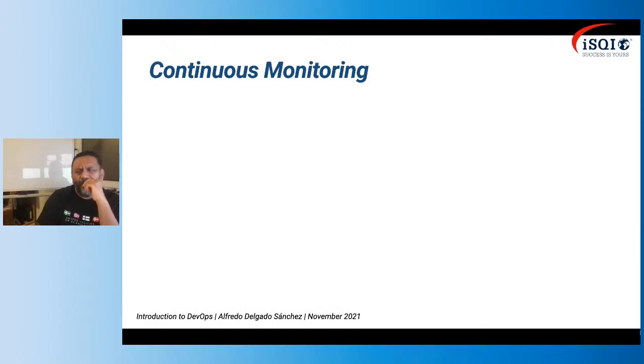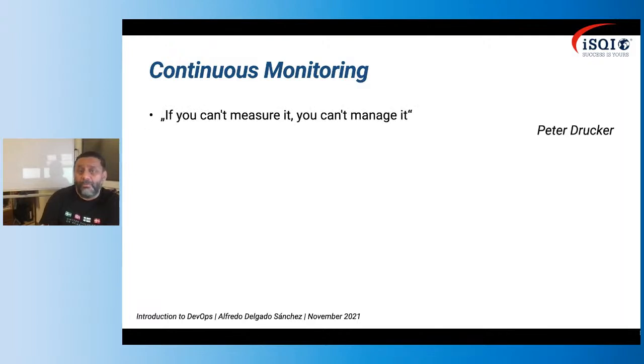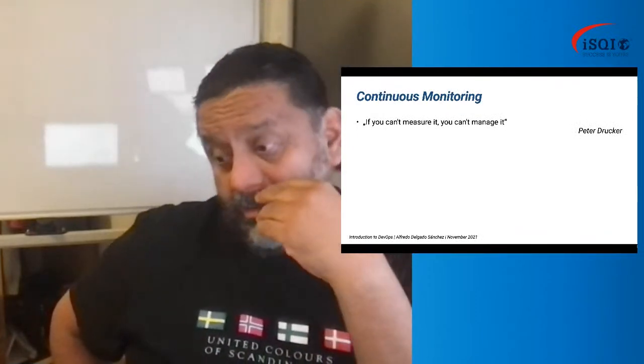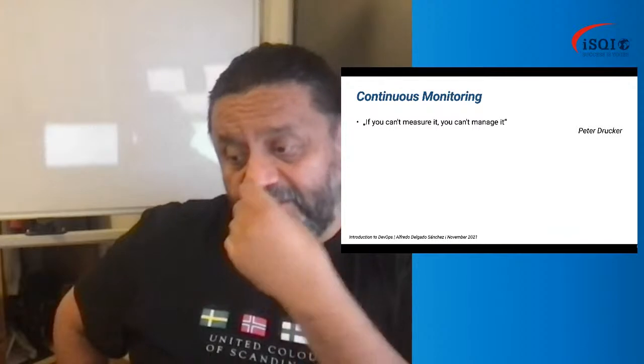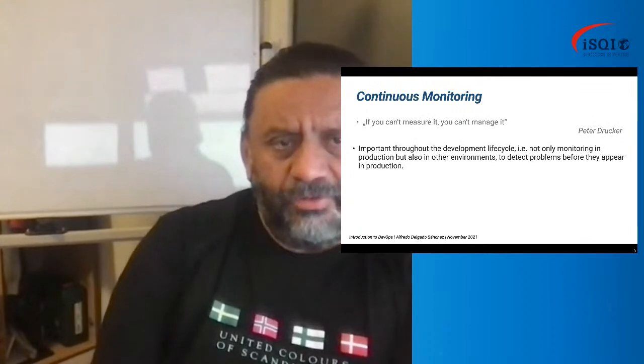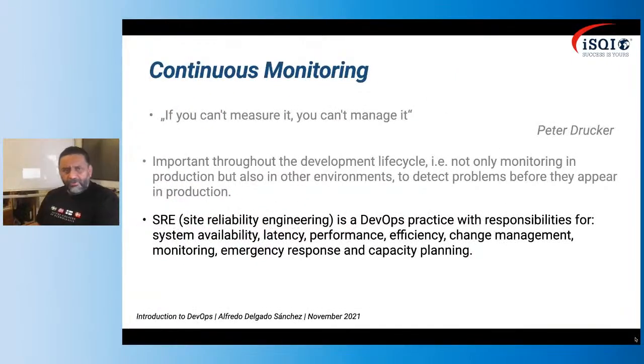Another important part of DevOps is continuous monitoring. As we saw in the three ways of DevOps, we spoke about feedback, and one of the ways to give feedback is to measure something, and continuous monitoring is very important because we can